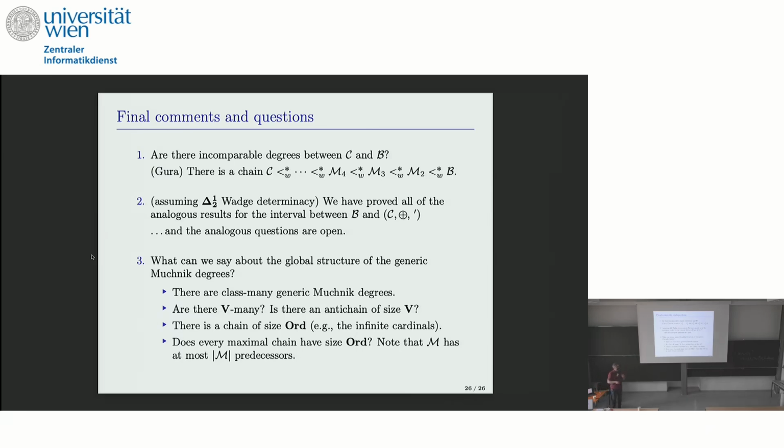Now, why am I asking these silly questions? Because mostly I live in the world of the Turing degrees or the enumeration degrees. And one of the things I like telling students about the Turing degrees is that they're fatter than they are tall. There's a continuum size anti-chain, but chains are size omega 1. It's one of the first things I say when we start talking about the global structure of the Turing degrees. And so I thought, wouldn't it be nice if the generic Muchnik degrees were fatter, V wide, and Ord tall? I have no reason to think this is true, but I thought it'd be cute.